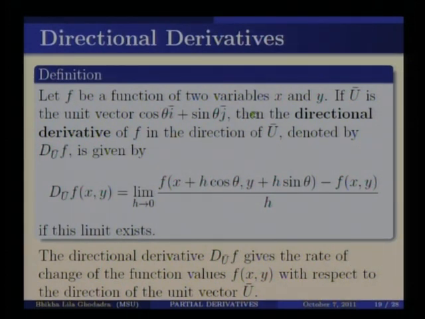Let f be a function of two variables x and y. If f is a function of two variables x and y, and if u bar is the unit vector cos theta i plus sin theta j, then the directional derivative of f in the direction of u bar, denoted by D u bar f, is given by this particular